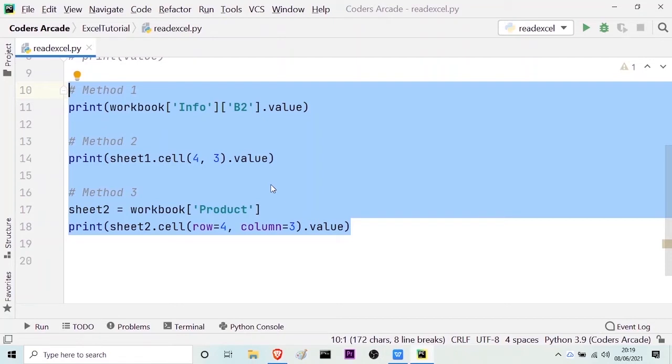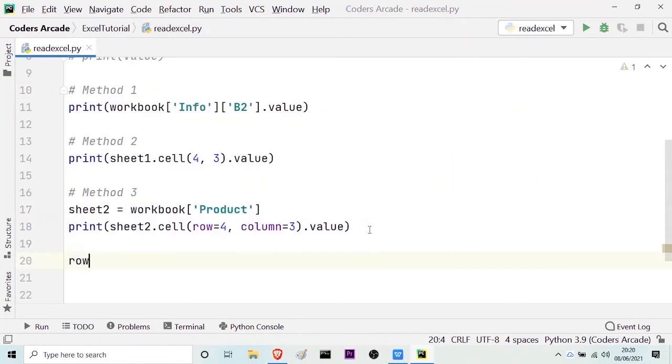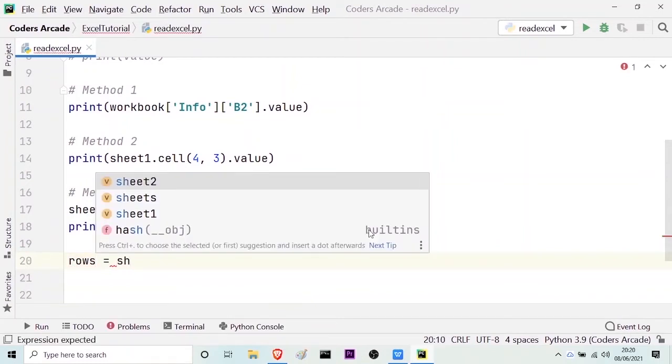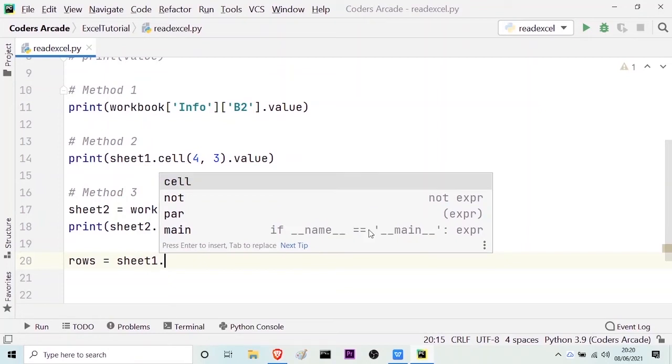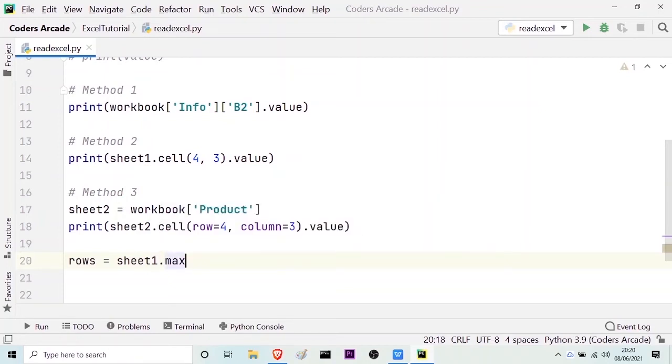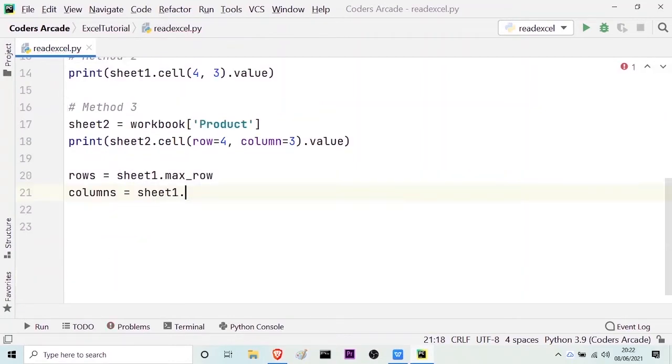For that, you can create a variable, say rows is equal to, and let me take sheet1 only because that is my earlier variable, sheet1 dot max_row, and for columns I'm creating another variable, sheet1 dot max_column. And now if we print these rows and columns,